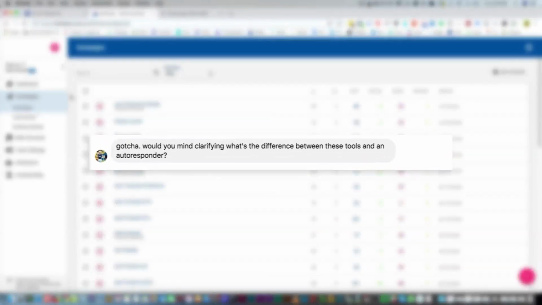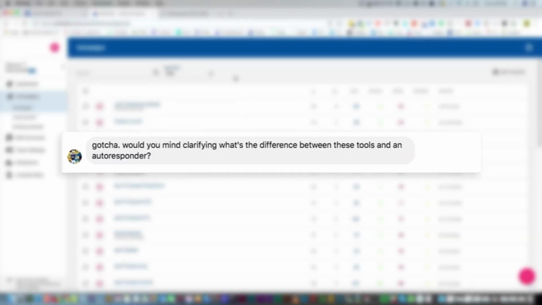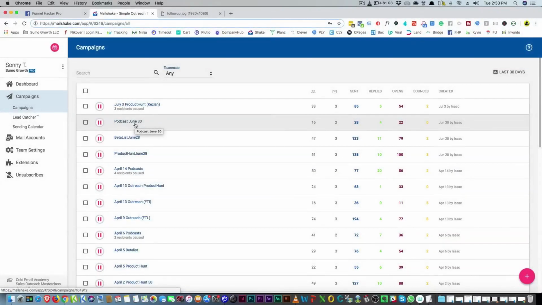Let me address a question that someone asked me. What's the difference between a cold outreach tool and an autoresponder? Thanks for the question. Number one, with an autoresponder, you're working with an SMTP, which is like a thing for newsletters or broadcasting to a ton of people.